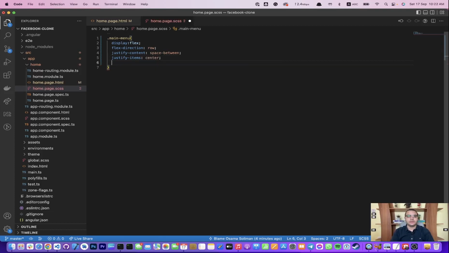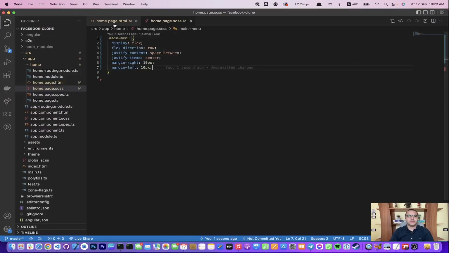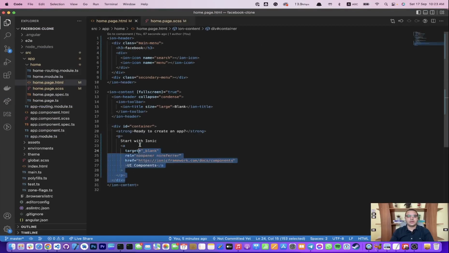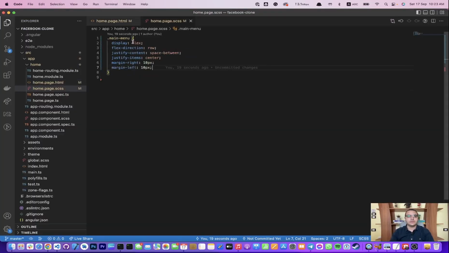We need also margin right and left, margin right of 10 pixels and margin left of 10 pixels. Okay, so it's beginning to be. Let's remove this for a better view. Okay, I think space between prefix, align items center. Okay,